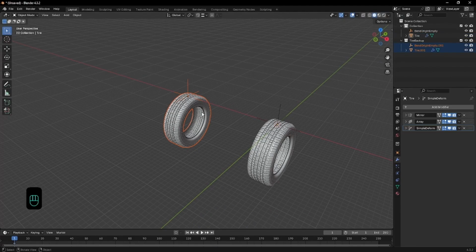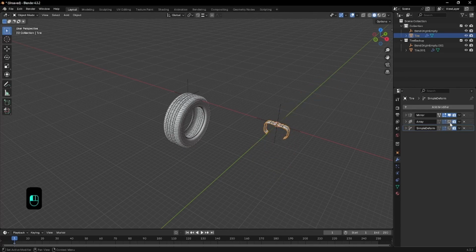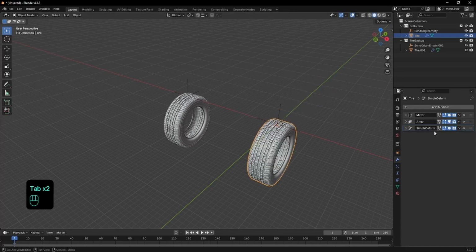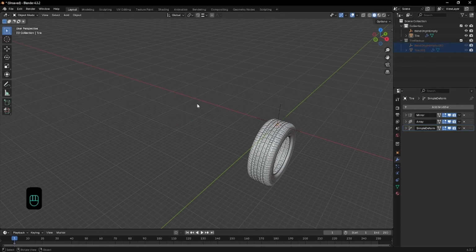just in case we need to fix something later, because remember that when we apply the modifiers here, there's no way back. Applying the modifiers is called destructive editing, which means that we will apply everything and we will not have any more control of disabling this, and we will not be able to go back to this individual piece. So even though it's necessary, we still want to keep this as a backup. If we mess up something, we can always go back and use this again and duplicate this. And this is a very nice thing to have. But I will just hide it because we will likely not need it, but